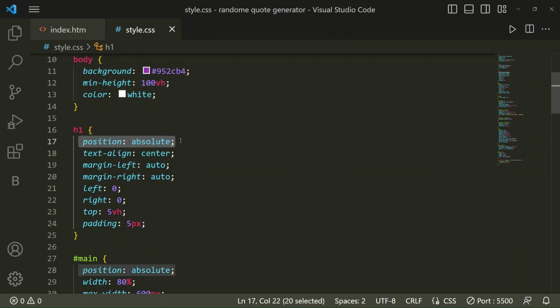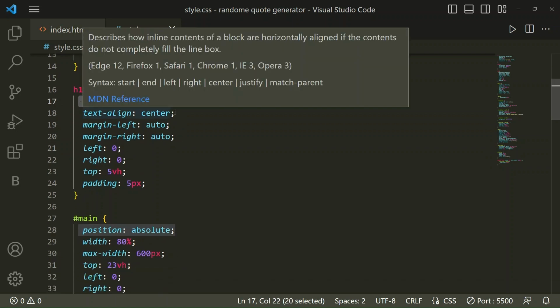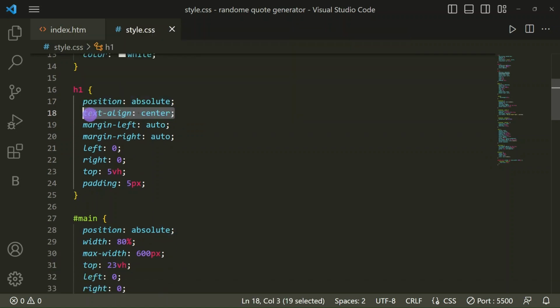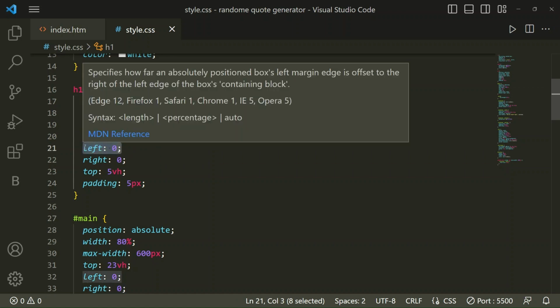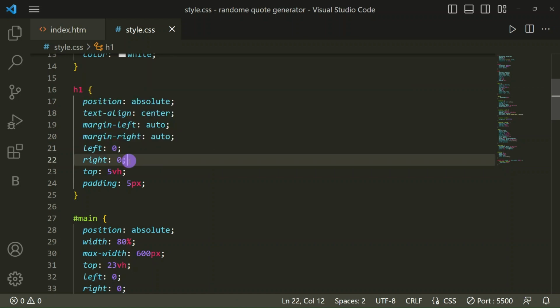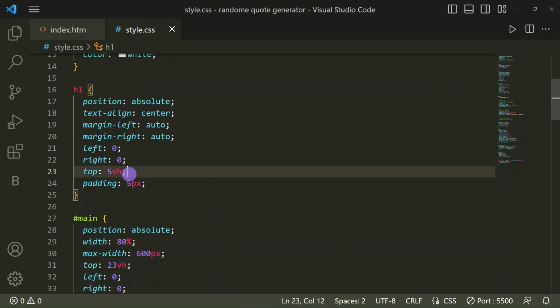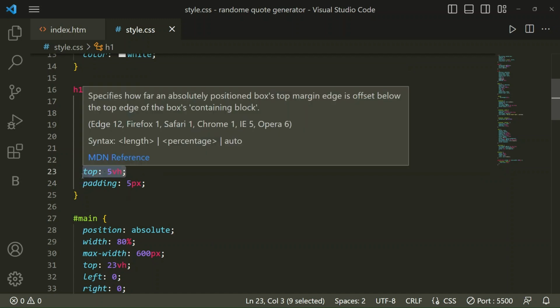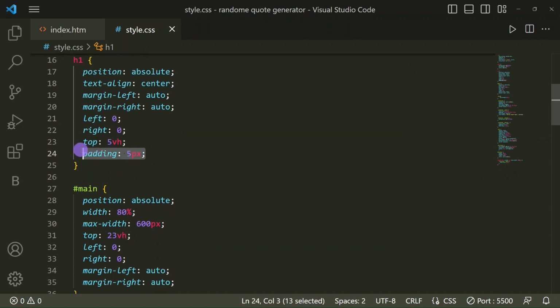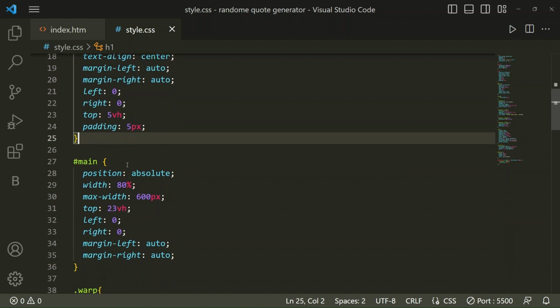Then for the h1 tag, position absolute, text-align center, margin left auto, margin right auto, left 0, right 0, top 5, and padding 5 pixel.